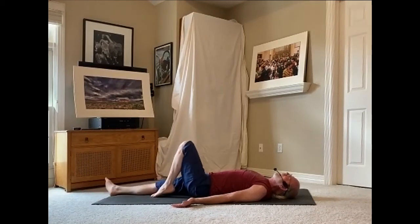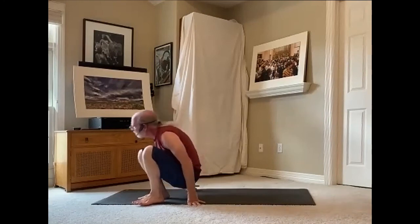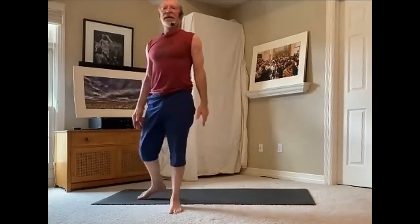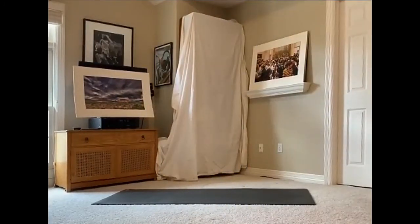See if you can allow your intention in Shavasana be to completely let go. To find that space of surrender, that space of letting go. Where there is no more need for movement. There is no more need for effort. Where you can completely let go of all of those needs